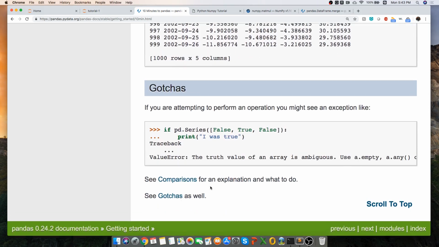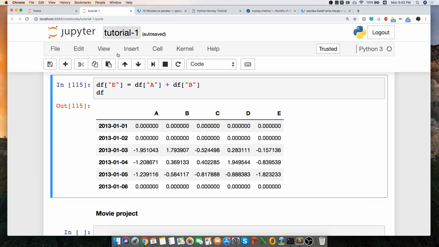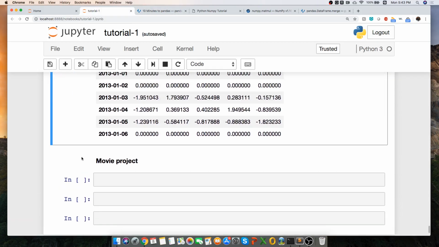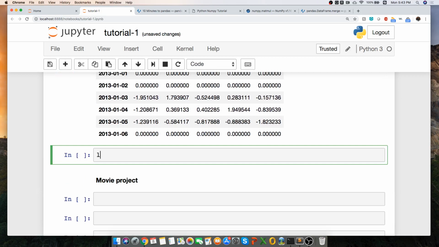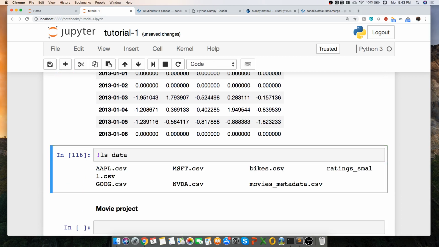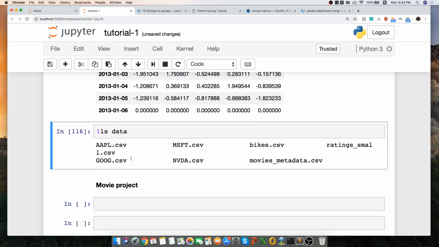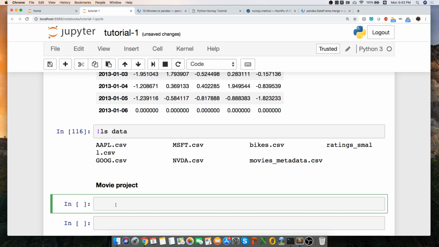So that's a very quick introduction, and now let's quickly go through some of the examples I prepared. I have some data files in, let me list you, data. There are some files I downloaded from somewhere, and I want to read data from these files and show you how to work with them. So AAPL is a file containing a lot of stock data. So I'll do aapl equal to pd.read_csv